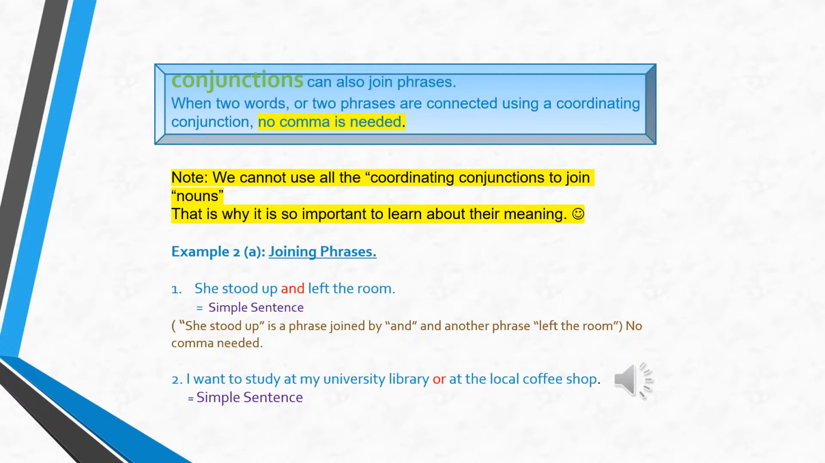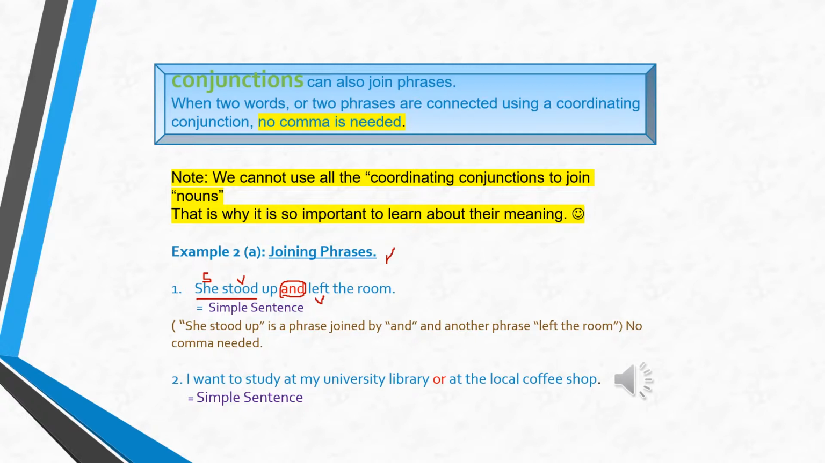Example A. Joining phrases. She stood up and left the room. She is my subject. Stood up is my phrasal verb. And is my conjunction. No comma, because after and I don't have another subject. After and, if you notice, I have the verb left,